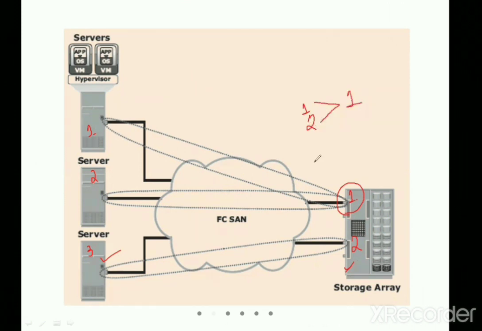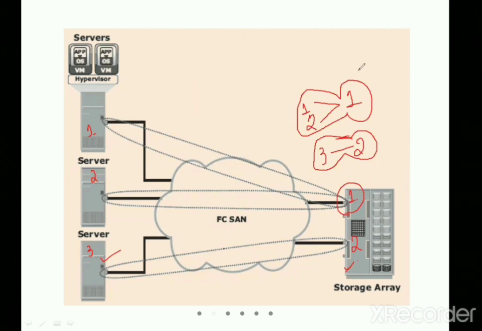And I have this node 3, which is connected to port number 2. That means whenever the transfer of data takes place, it is only through this port itself. Please remember, this forms one particular zone and this forms another zone, so that the transfer of data takes place only through these ports.